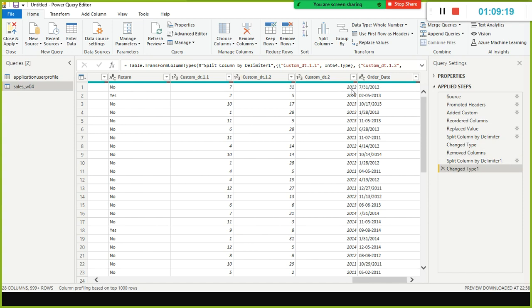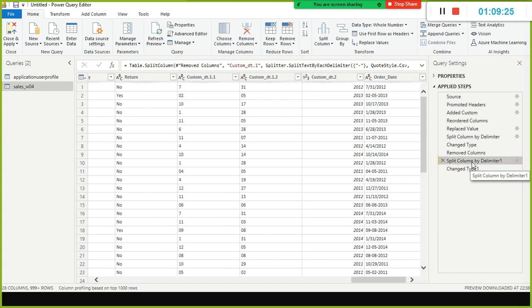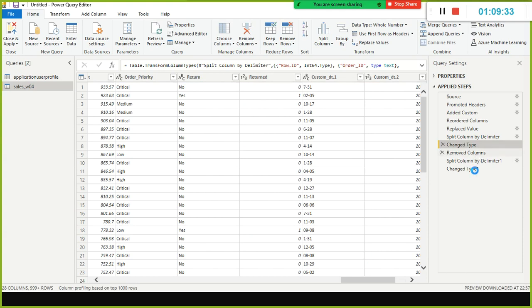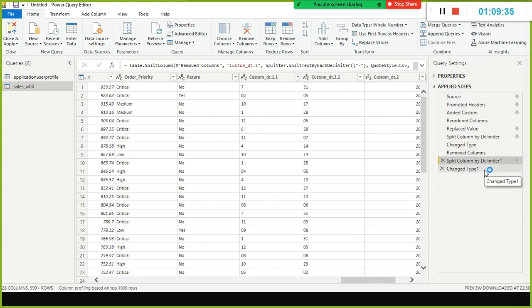The same way, whatever changes we made are recorded here: change type, split column by delimiter, and removed columns. The return column I removed, and then changed the data type.